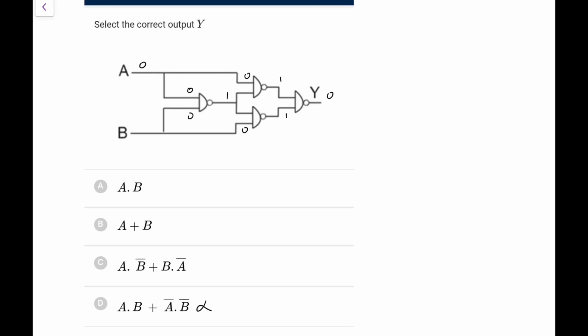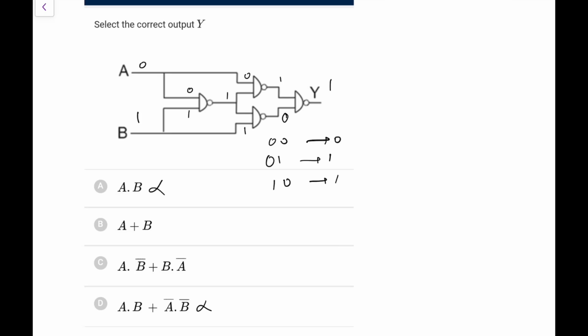Next one, 0 and 1. If I do 0 and 1, this will become 1. So this becomes 1, so it will still remain 1, and it will be here, it is 1. So here it is 1, so 1 1 will give us 0, so 1 and 0, here now we will get 1. So here we will have 1, so if 0 1 we are getting 1, so 1 0 will also give 1, 0 0 we are getting as 0. So 0 1 is giving us 1 and 1 0 is also giving us 1, so this is rejected. These two are left now.